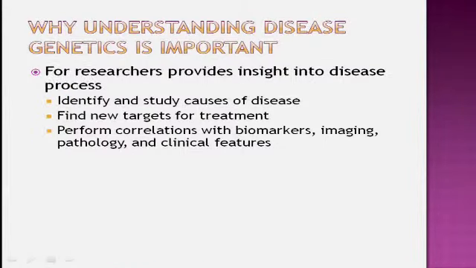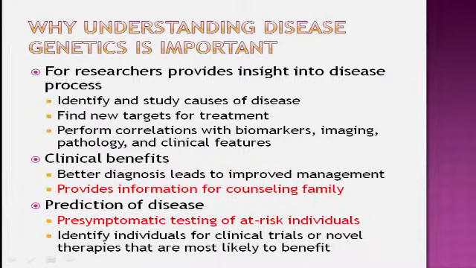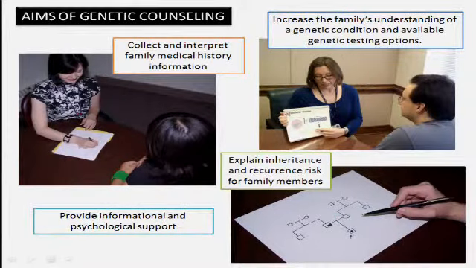So we're back to the same question we were before. Why is understanding the genetics of disease important? Well, as I've been going through, all of these discoveries have led to further understanding of FTD, to, as you're about to hear, new drug targets, and a better understanding of prognosis and phenotypes. But what I'd like to focus on now are some of the clinical aspects of genetic testing, genetic counseling, and pre-symptomatic testing. So genetic counseling serves many important functions and should always be performed in conjunction with genetic testing.